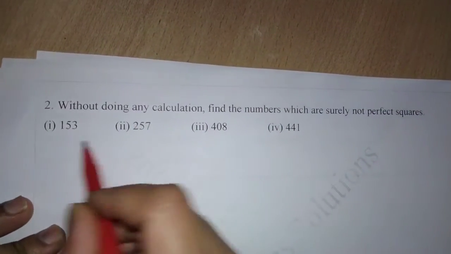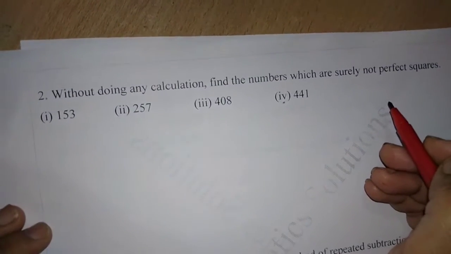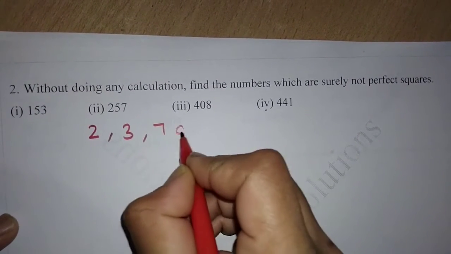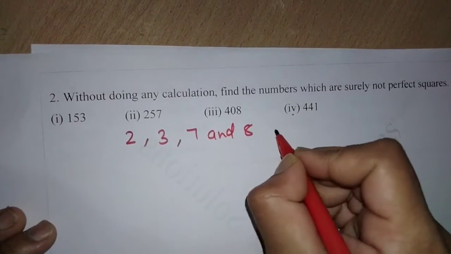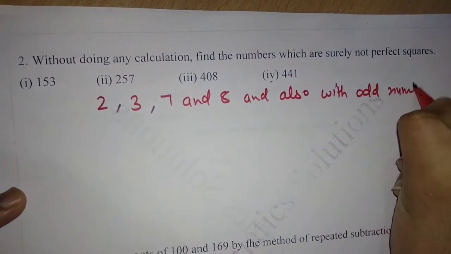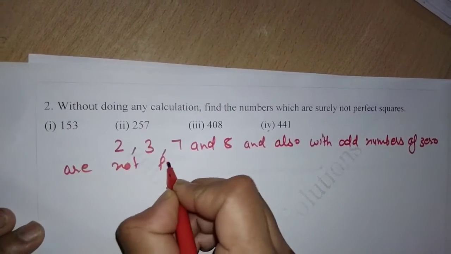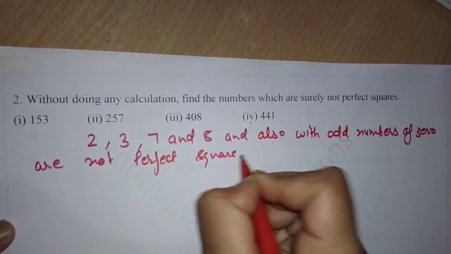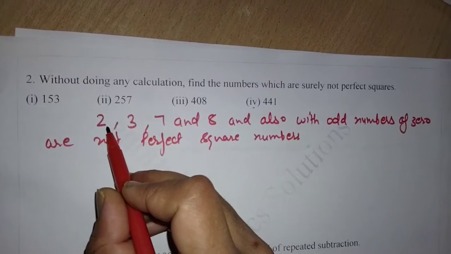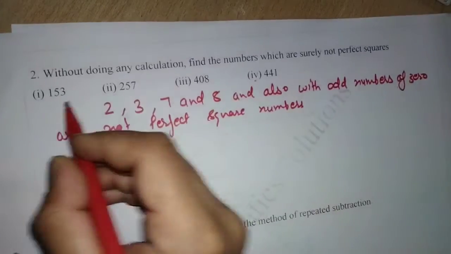So we have to find the numbers out of these 4 which are not perfect square numbers, and we know that all the natural numbers ending with the digit 2, 3, 7 and 8, and also with an odd number of zeros, are non-perfect square numbers. So in our first part,